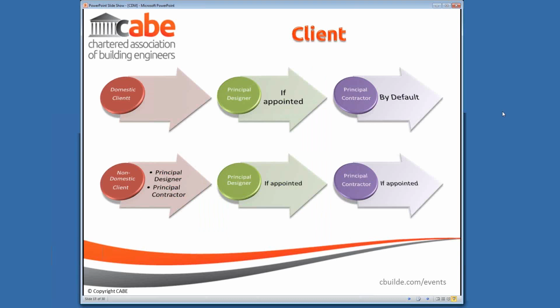So there will still be the option for clients, both in the domestic and the non-domestic sector, to decide that for this project they don't want to carry out all of their duties themselves, and that they would rather have a third party do that for them. So they will still be able to appoint or contractually employ someone to carry out most of their role. That person would be the CDM coordinator, or the role that we know as CDM coordinator now. They would still be able to offer services to the clients, they would be able to assist the client in making sure that they carry out their duties, and contractually deal with issues of communication and coordination.